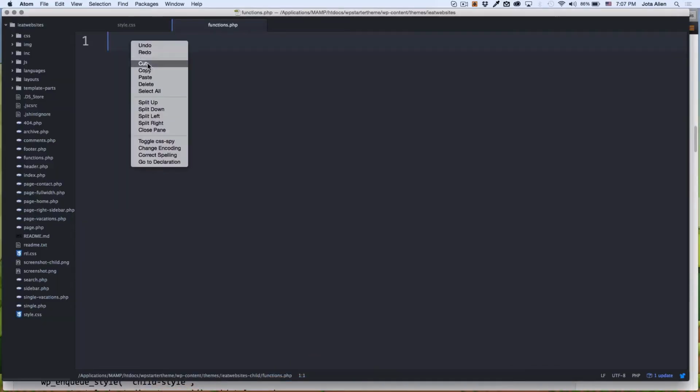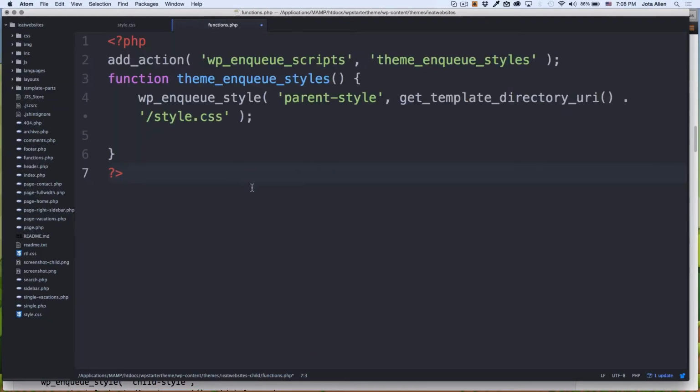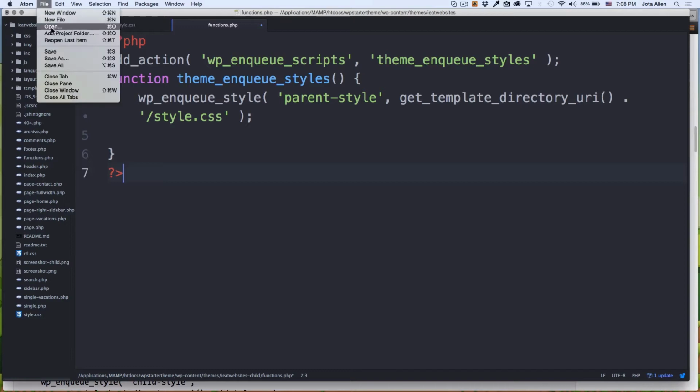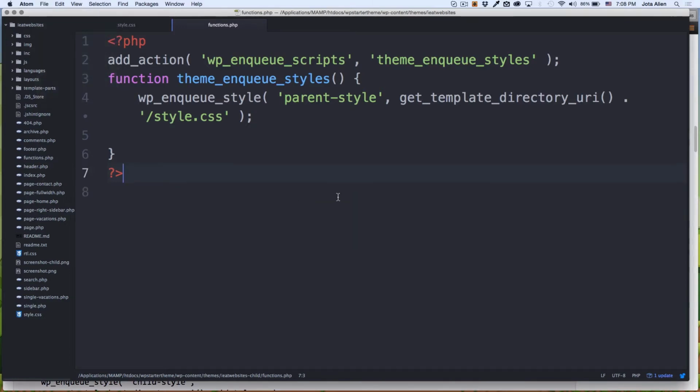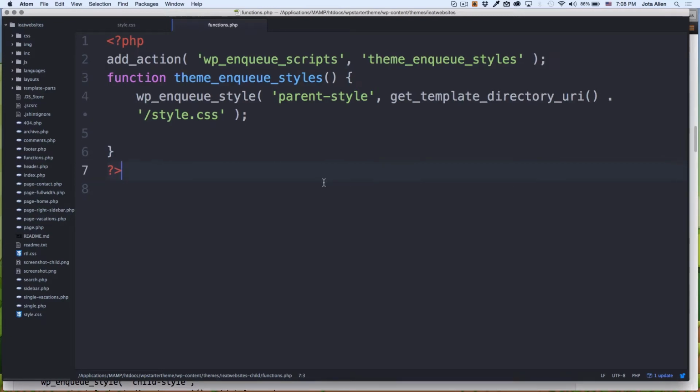Okay, paste. All right, I'm gonna save it. Okay, so now something that I want to add here